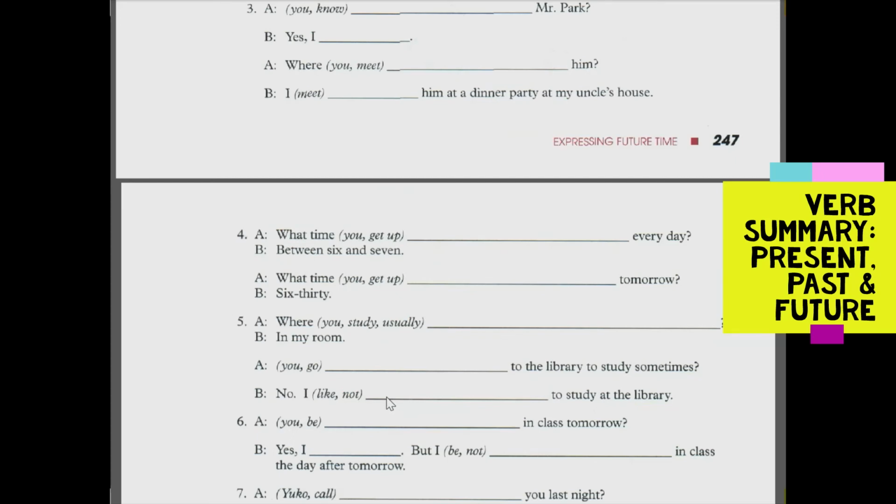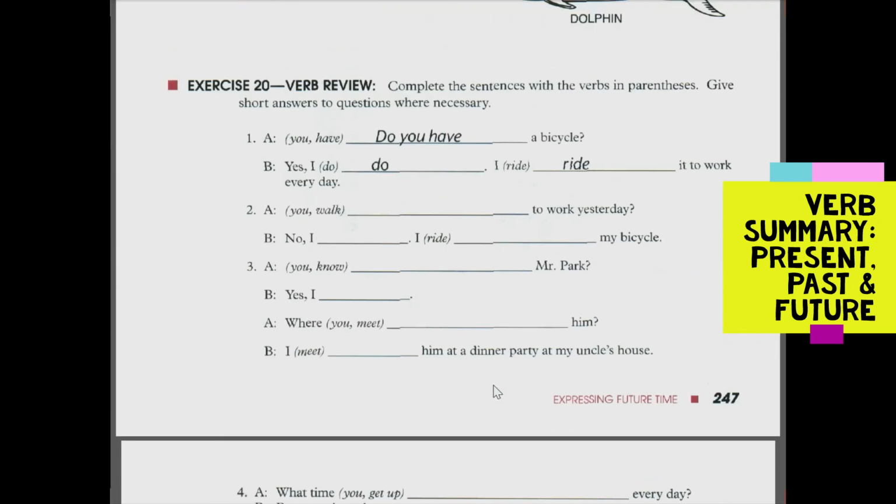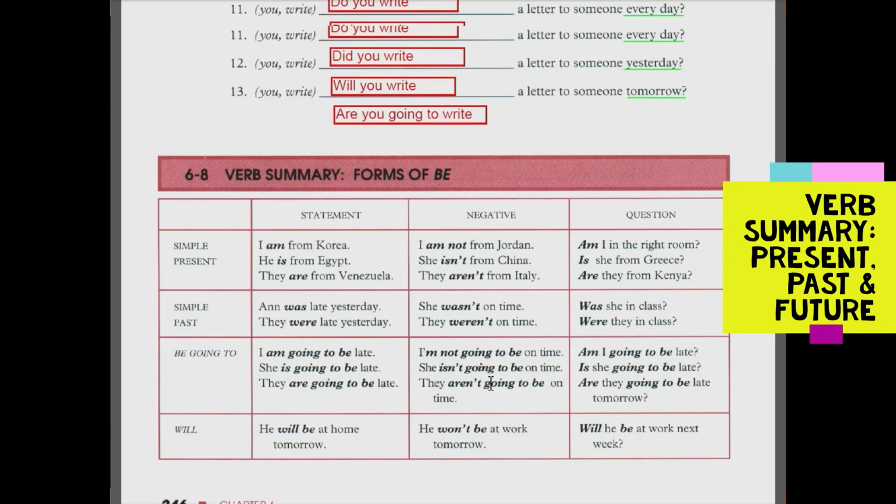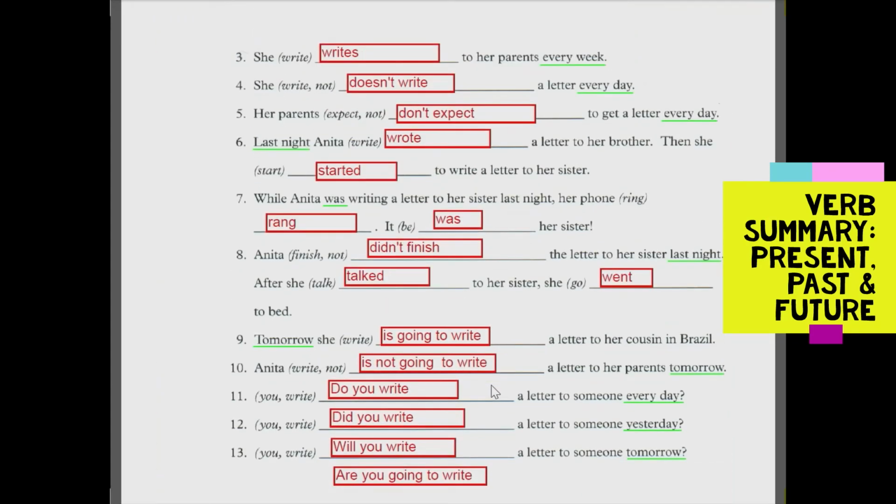When we use will, we assume that it is spontaneous. When we use to be going to, we assume that it's already a part of our plan. So it starts from our assumption as a person who asks the question. Okay, I hope that you are helped by my explanation. Let's go to the next.